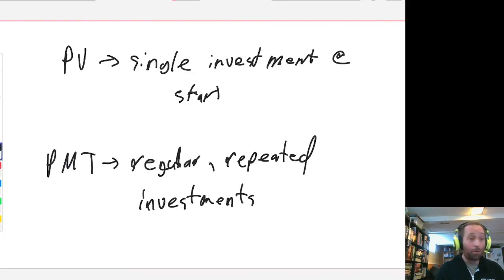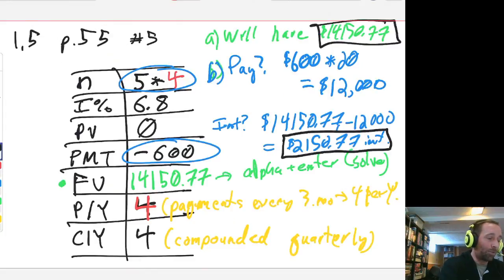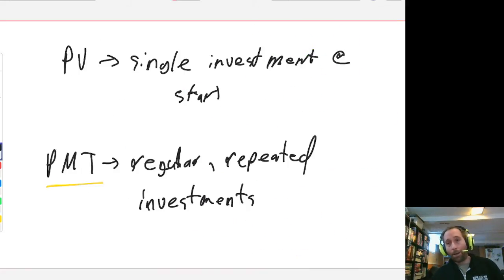If we were doing this with a formula, we would have to do a separate calculation for each one of those regular payments. So if I look briefly back at this problem, 2 times 12 was equal to 24. So if I wanted to solve this question with a formula, I would need to use 24 different compound interest formulas. If I wanted to solve question number 5 with a formula, I would need to use 20 different compound interest formulas. So that is a large reason why we use the TVM solver and use technology